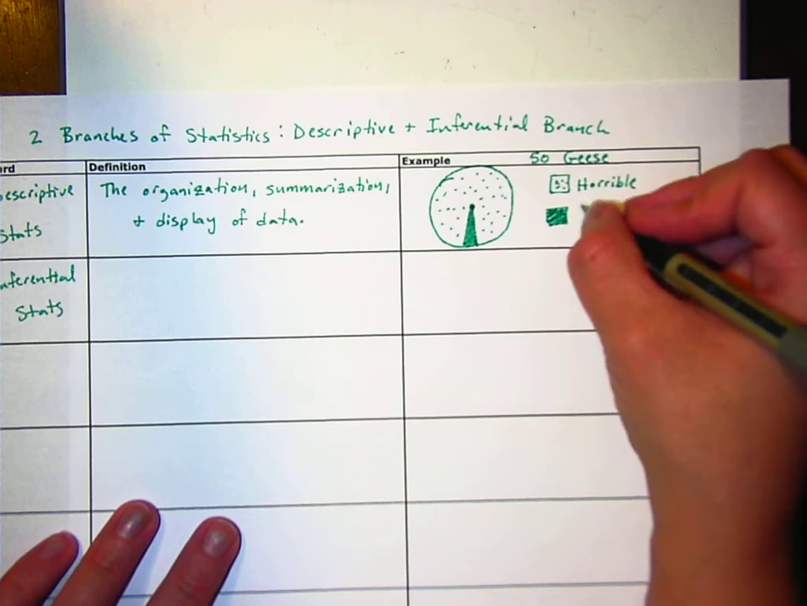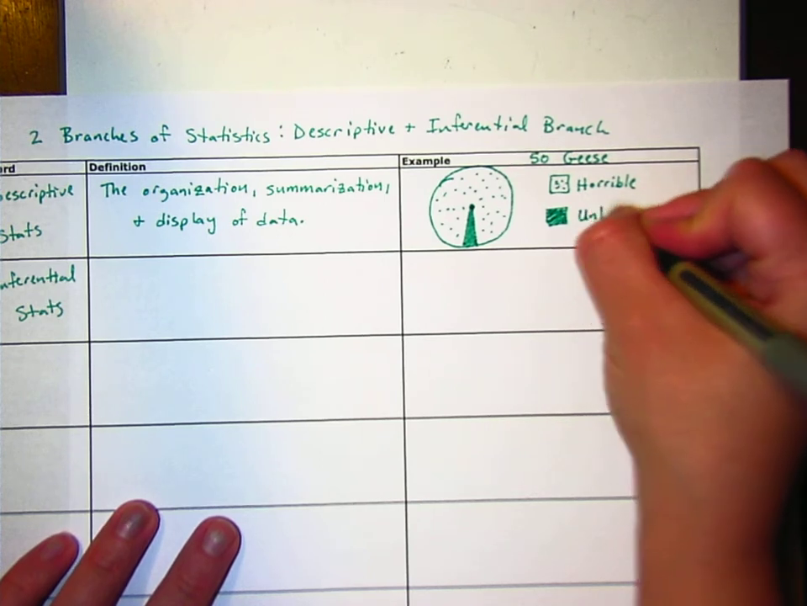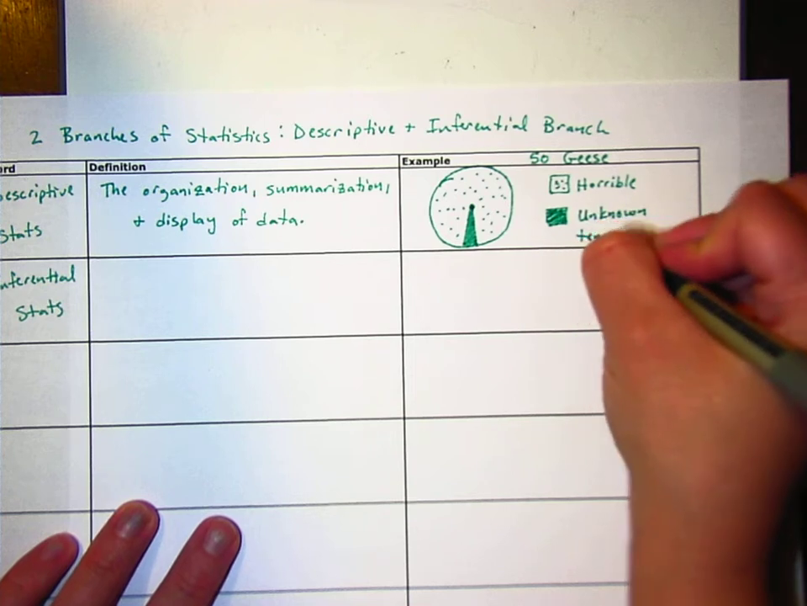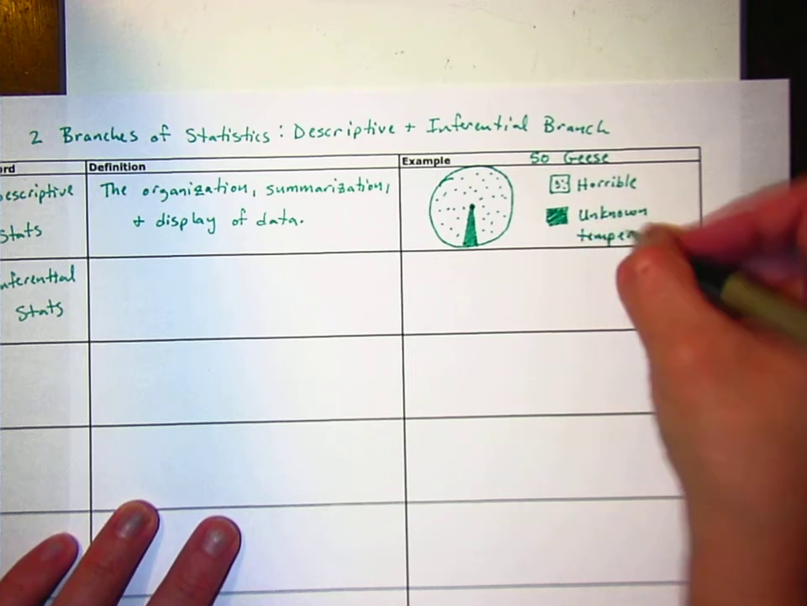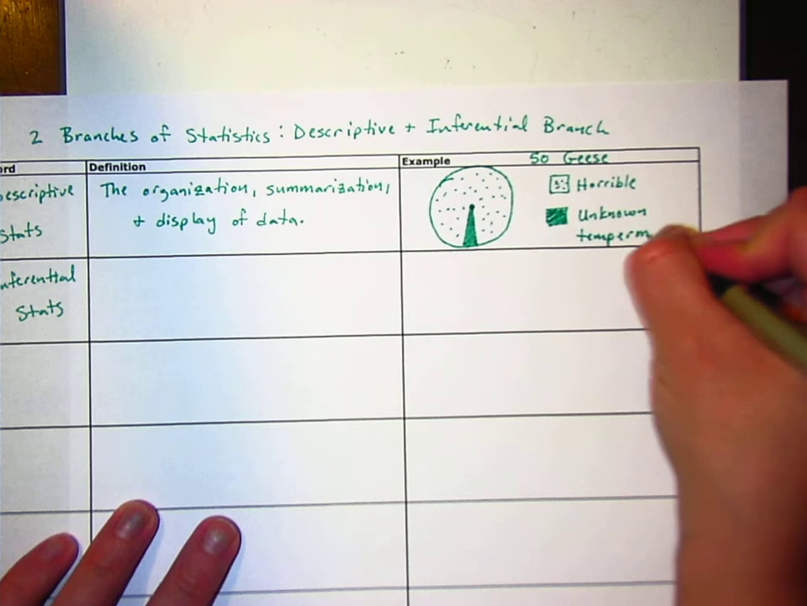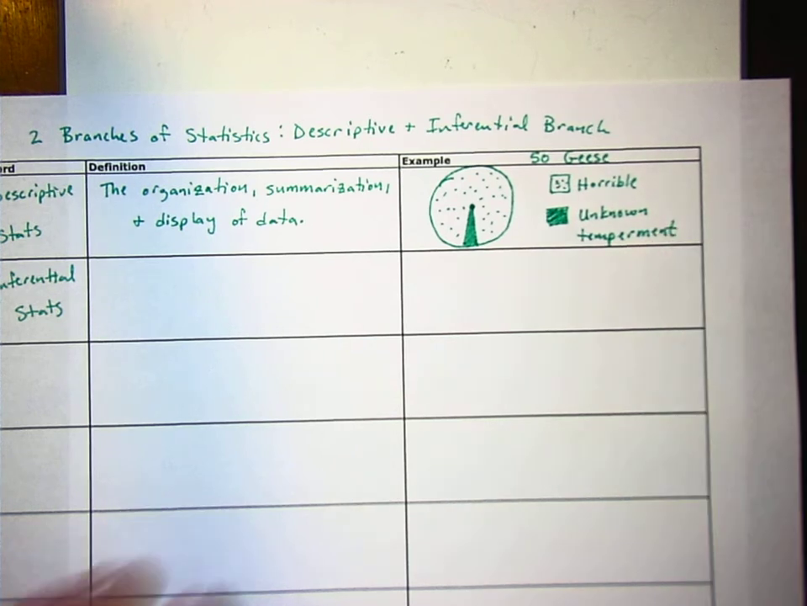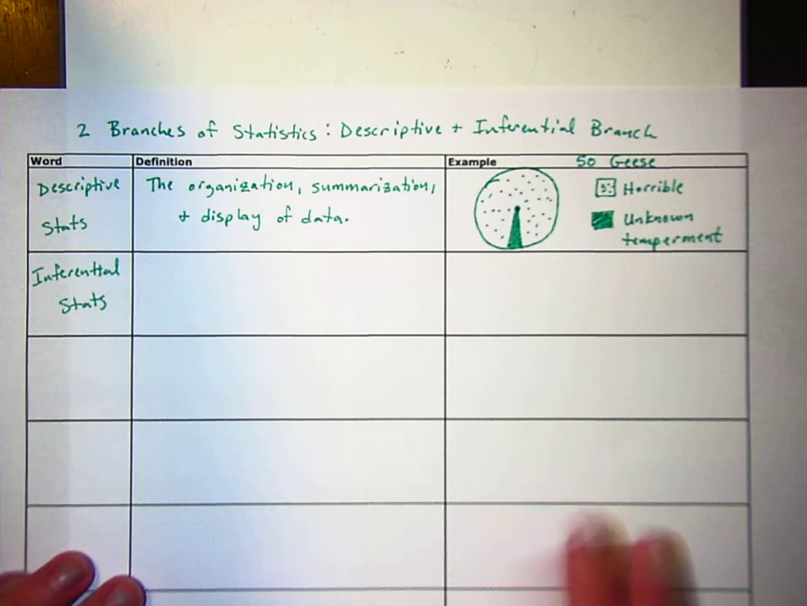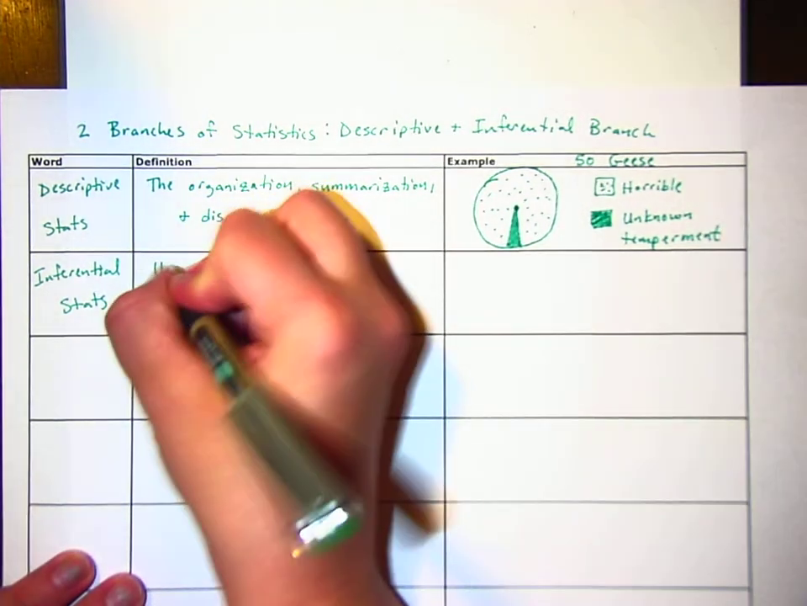No, incorrect. This would be unknown, like we don't know what their temperament is because maybe we couldn't get a good read on them. So we don't know if they're nice geese or if they're horrible geese. Probably horrible. But we don't know for sure. So we're just going to leave it as unknown. There. I've organized my data. I've summarized my data. I've displayed my data. Descriptive statistics. Okay. Now, inferential statistics is using a sample